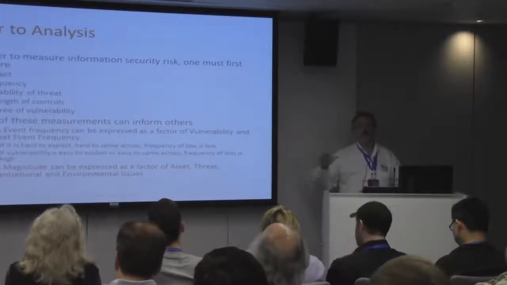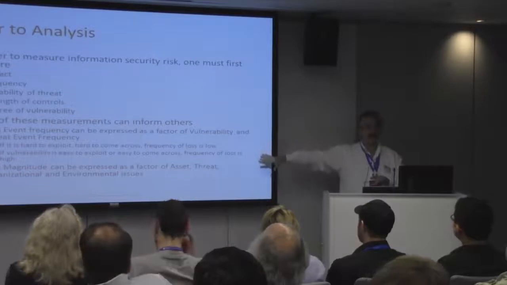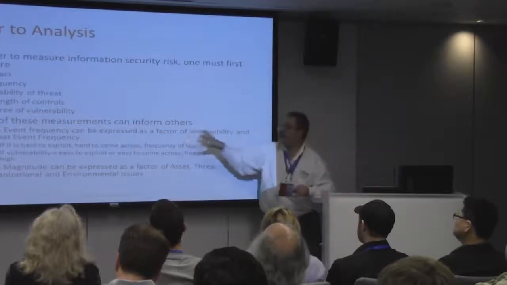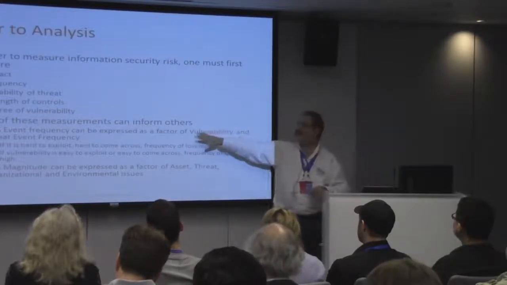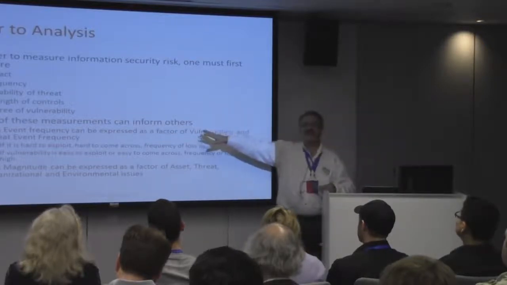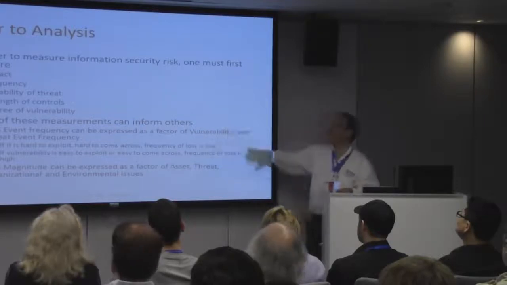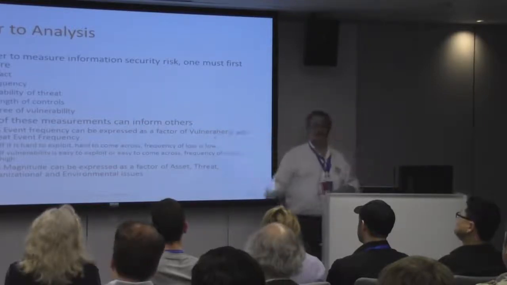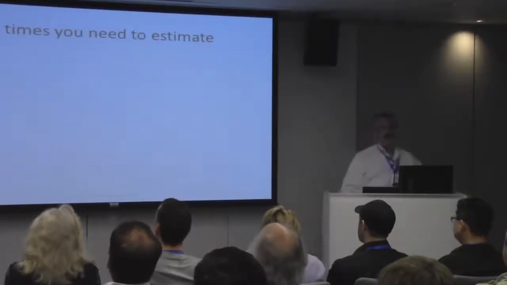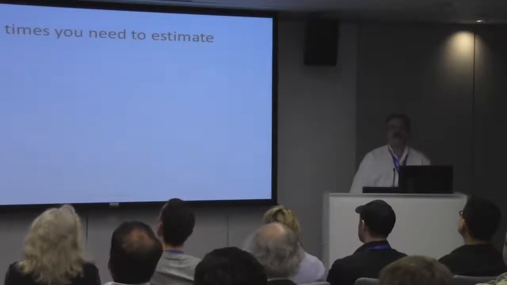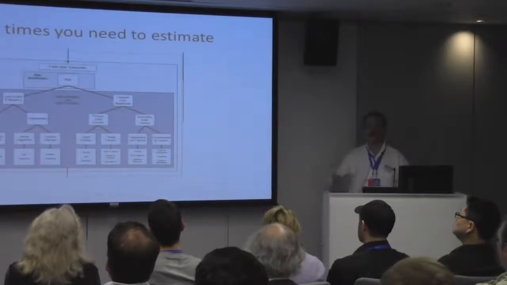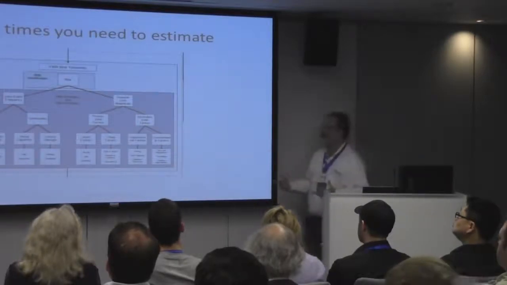When you start doing aggregation, you want to aggregate different elements as well. And sometimes it pays to take a look at things at the level of threat event frequency. Sometimes it pays to do a deeper dive and take a look at, backwards, sometimes it pays to take a look at the level of loss event frequency. Sometimes you want to do a deeper dive and look at vulnerabilities and threat event frequencies. It's really a matter of the context in which you need to do your analysis. And sometimes you need to estimate. Estimation is not a bad thing. The trick is that if you understand the relationship between the two categories, estimation can become more informed.